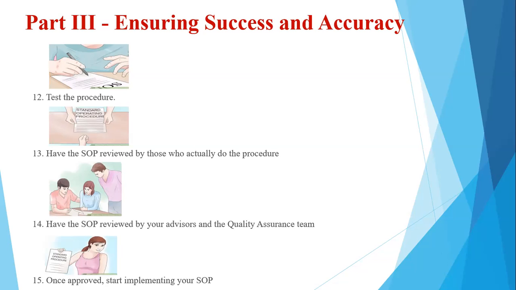Further, in order to justify, signatures will be necessary, and most organizations have no problem accepting electronic signatures with the soft copies of the documents. So have the SOP reviewed by your advisors and by the quality assurance team. Once this is done, once it is approved by your advisors and the team, then that's where you actually start implementing your standard operating